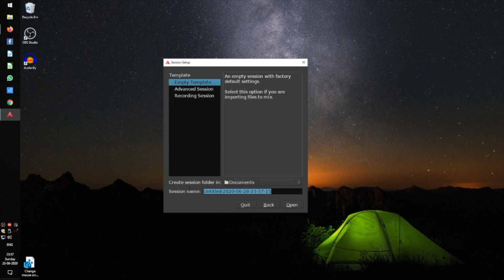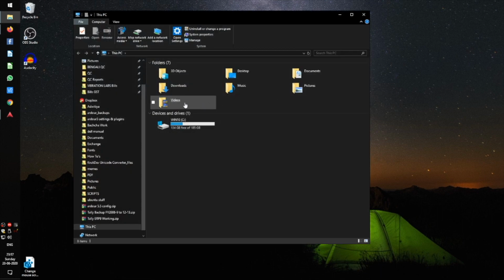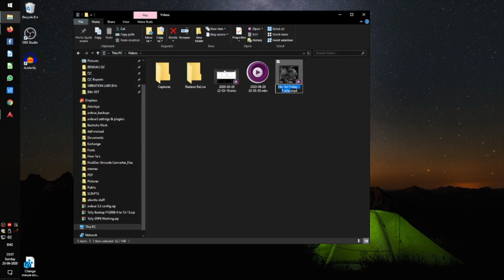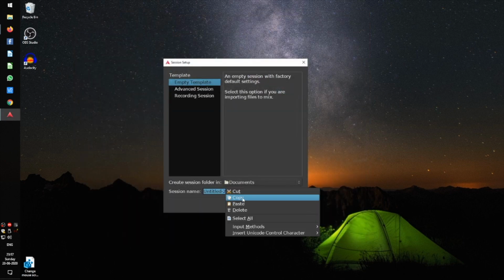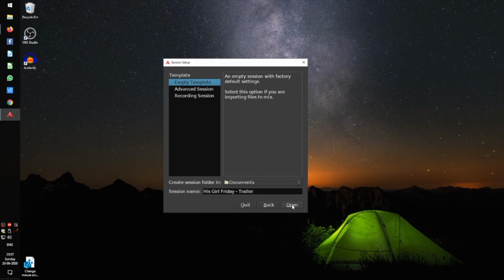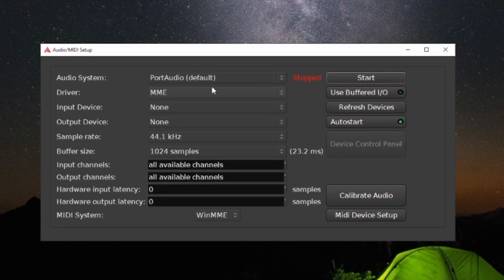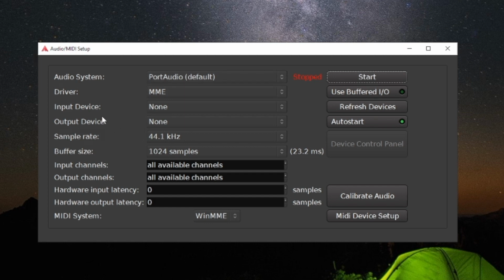Alright, so let's rename this according to the name of the actual project. Yeah, these settings are very important. Now this is a Windows system. For Mac it will be different.